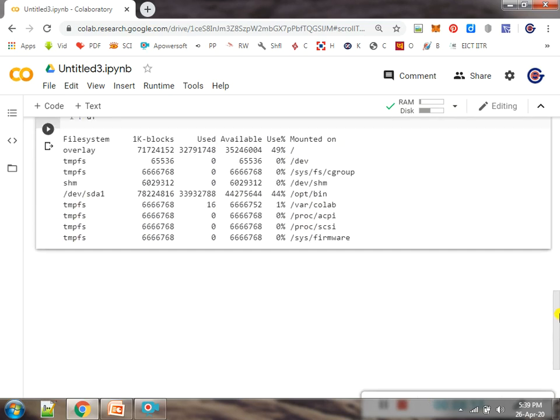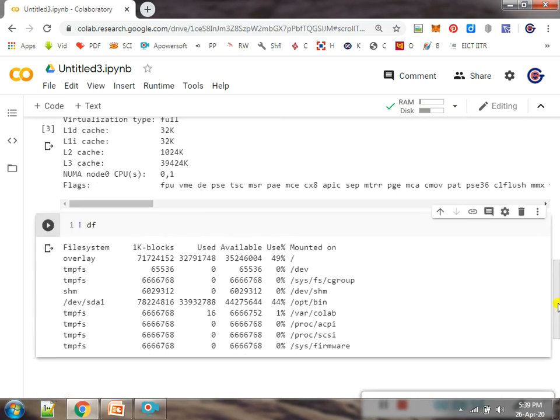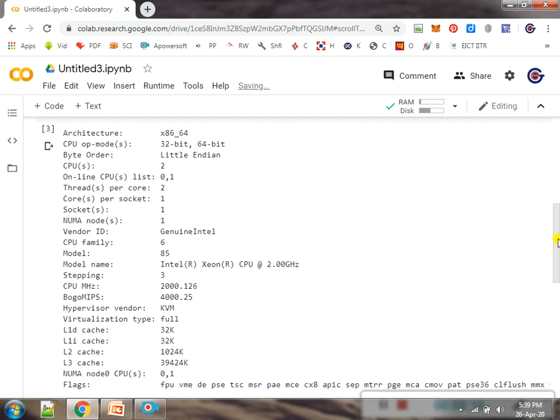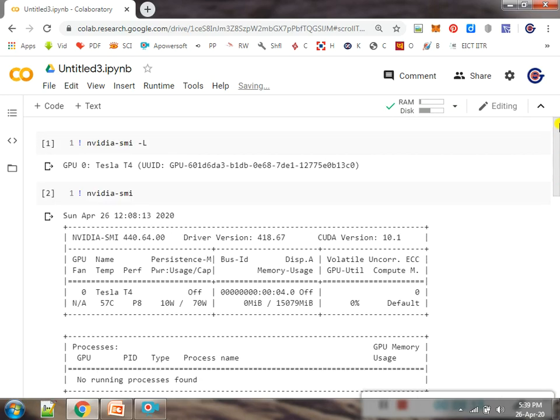If I execute any source code here for deep learning, it will be executed on Google Cloud having GPU for free. There is no need to pay anything for this installation or configuration. Each and everything is provided free of cost by Google Cloud.